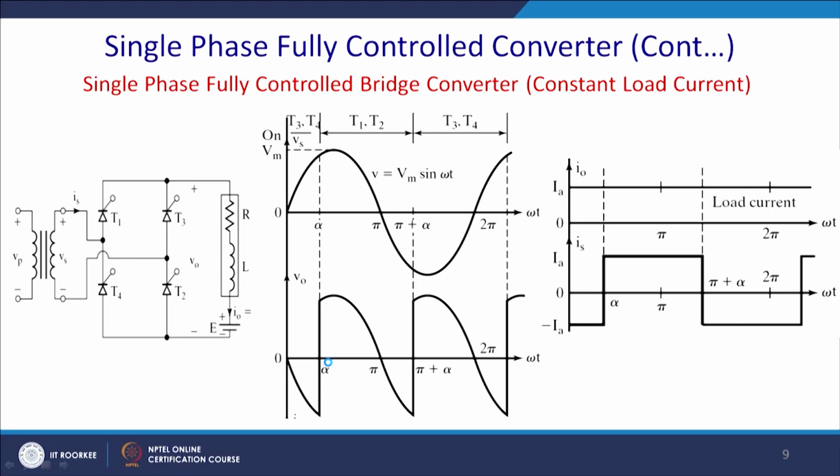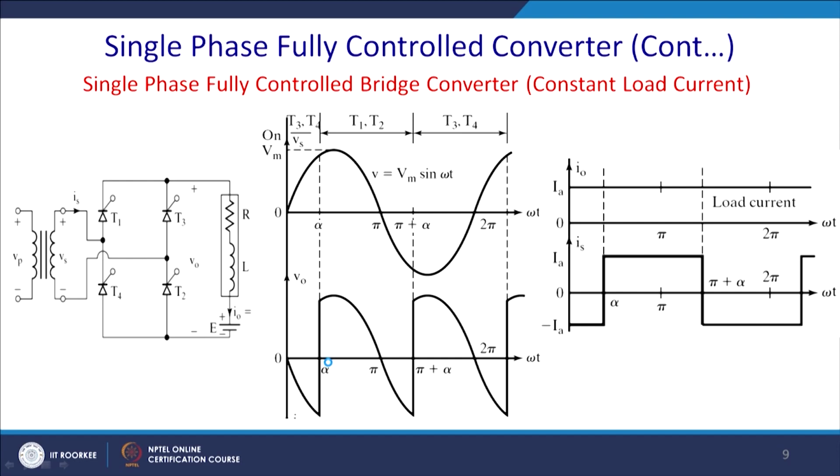So, let us consider an RLE load with bridge configuration, where we can bypass this center-tap transformer, and also we may not require a transformer if it is directly fed from the source. So, now in the forward half cycle we shall put the thyristors in such a way that thyristors T1 and T2 will conduct, and we assume that the load current is continuous and constant. That means it has a very high value of inductance. Generally this can be approximated when omega L by R ratio is around 10.